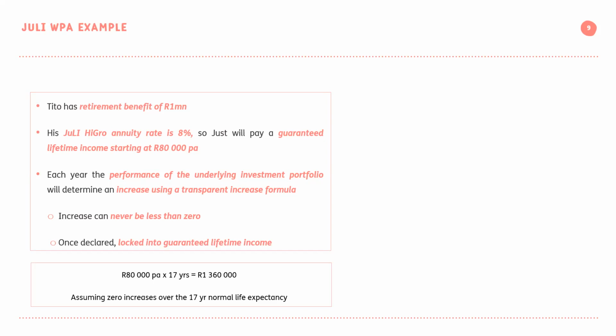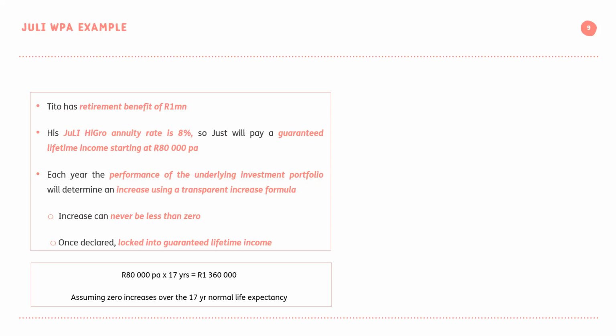So at the very least, assuming that the retiree lives to their life expectancy of 82 and assuming there's no increases, so for the next 17 years, the investment markets deliver a negative return, at the very least, the individual will receive back 80,000 Rand a year for 17 years, which is 1,360,000 if he lives to his life expectancy for his R1 million. Of course, we do expect that over a 17-year period, there are going to be increases in